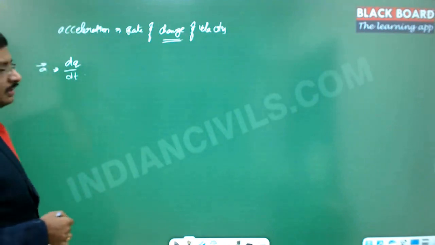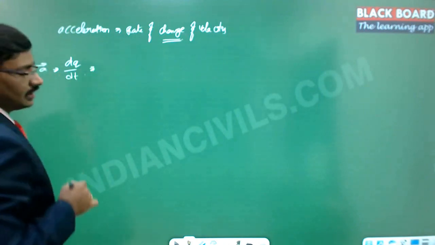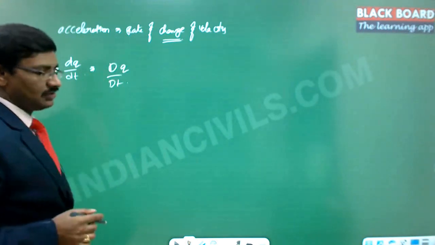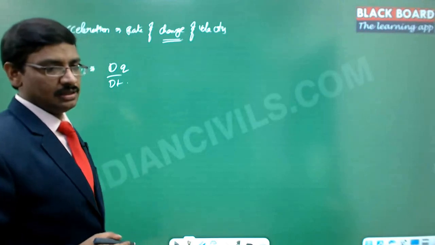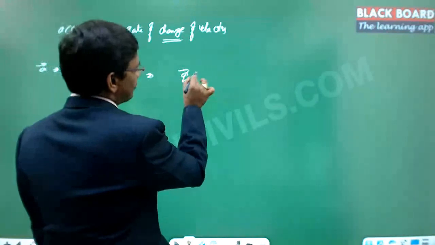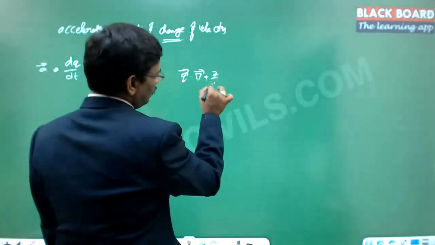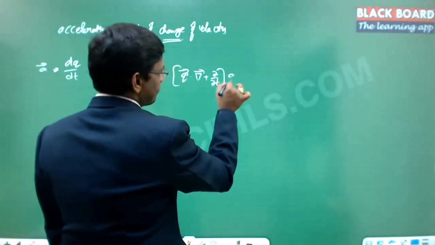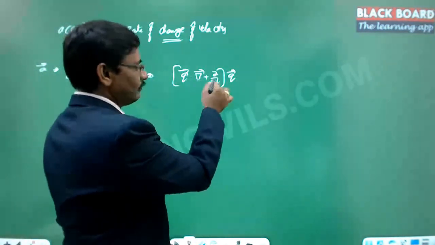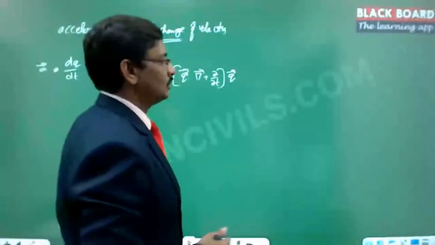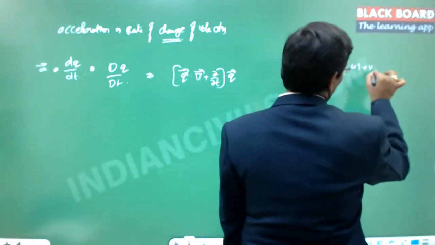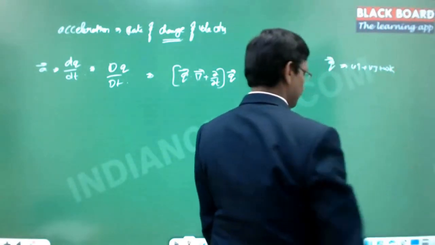This is the a vector. But dq by dt, in the case of the Euler coordinates, is the convective, so we need to calculate the total derivative. The total derivative was defined as q dot del plus dou by dou t of q. This is the value which we need to find out. Now q is the velocity, which is expressed as ui plus vj plus wk.